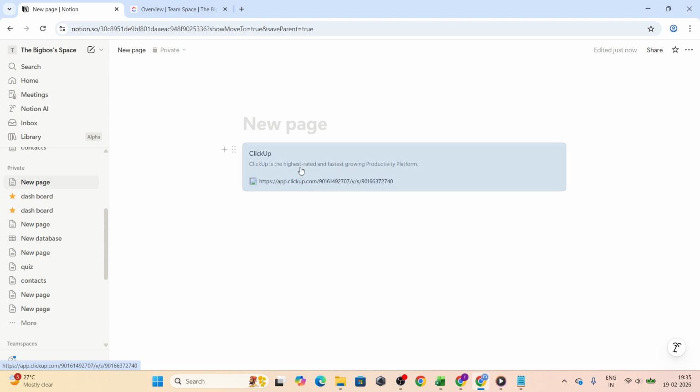From here, you can resize the embedded block by dragging the edges to make it wider, narrower, or taller, so it fits the layout of your page. You can scroll through the embed, open tasks, and interact with the view just as you would in ClickUp,